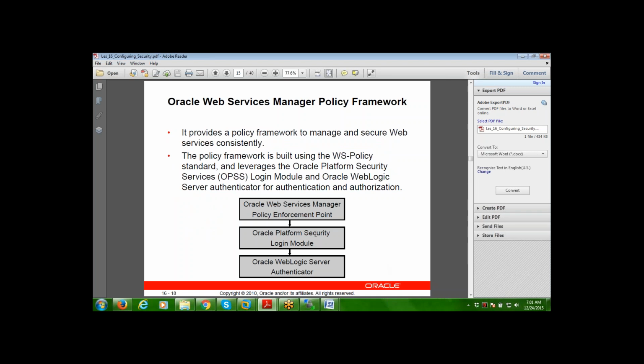So how does it work? The Oracle Web Services Manager policy framework, built on OPSS, enables web services security consistently. The policy framework is built using web services standards and the Oracle security platform services. Whenever you log in to the Oracle WebLogic server for authentication and authorization, the policy provides the login modules, and by using those login modules you can protect the